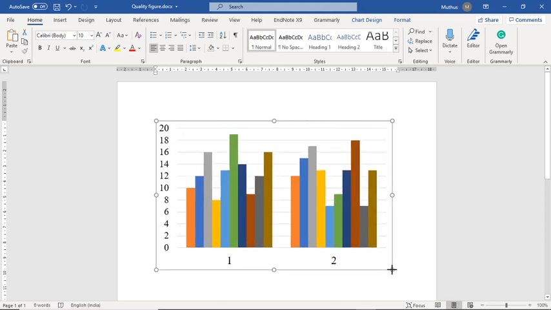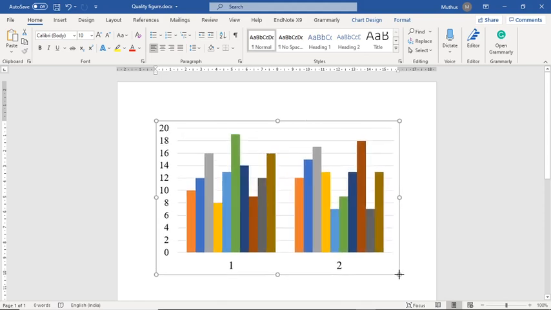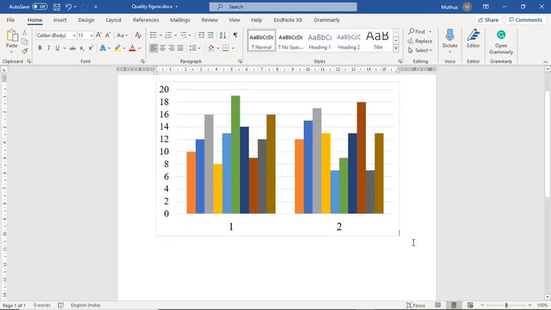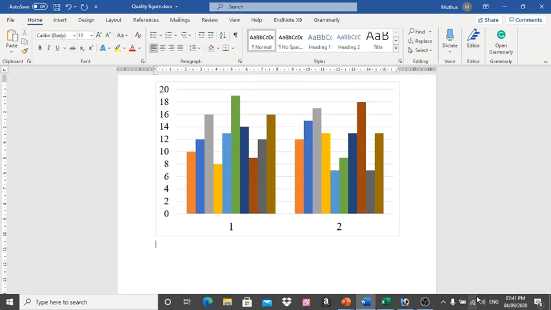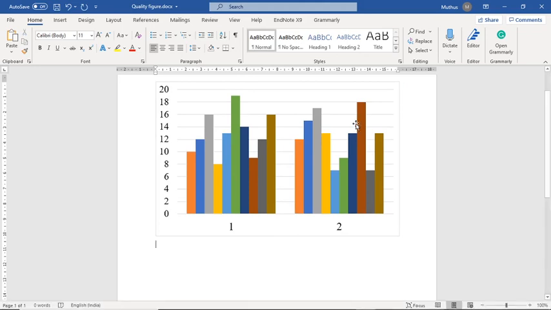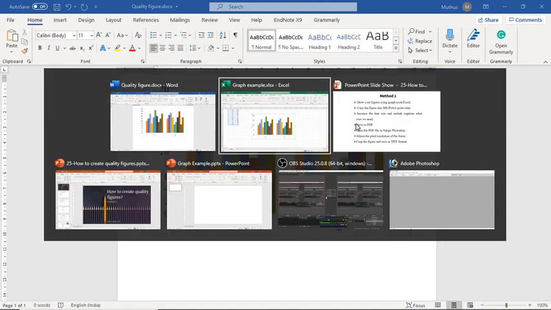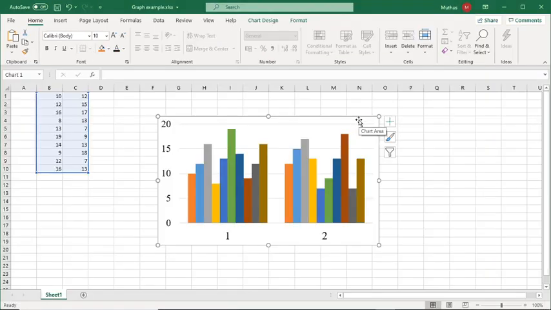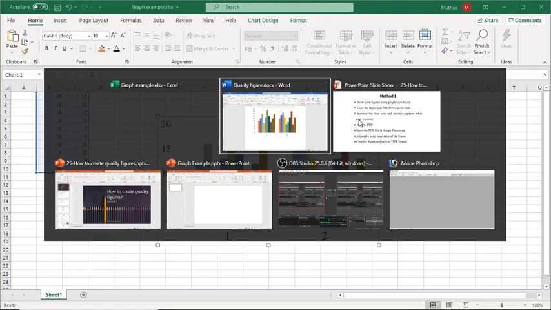So it is not fair for communicating the manuscript. We have to follow some procedure to create quality figures. So after creating, I copy this Excel file into PowerPoint.